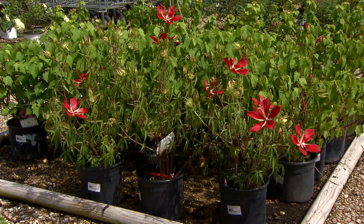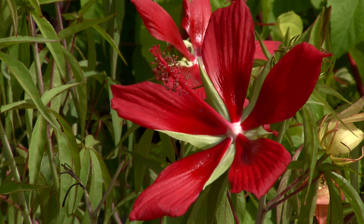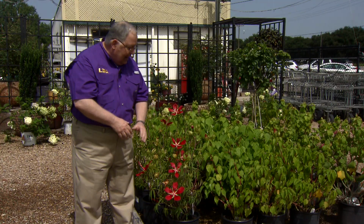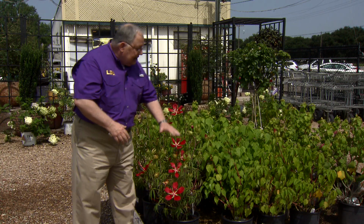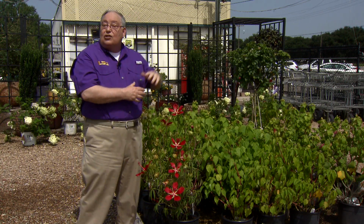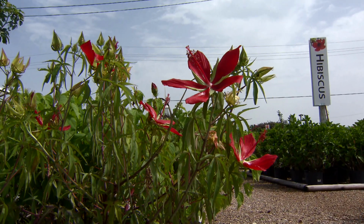It tolerates damp, wet soils. So you can plant this in a regular flower bed, or you can plant it along a pond edge or in a low, boggy, wet area like a rain garden, and this plant is ideal for that. Get some height to it over the summer. Oftentimes reaches about 6 to 8 feet tall. So put it to the back of a bed or use it as a focal point, a tall focal point